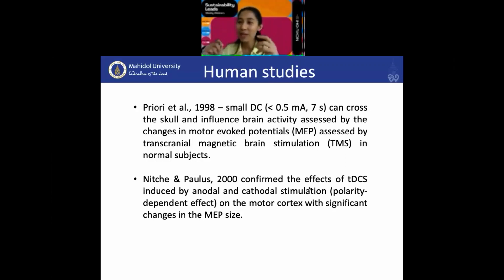And they found that with just a small intensity, we can change the motor evoked potential assessed by TMS. I will show you the picture later. And later on, two years later, Nitsch and Paulus from Germany confirmed the results in animals, that tDCS also induces different effects. It depends on the polarity used,